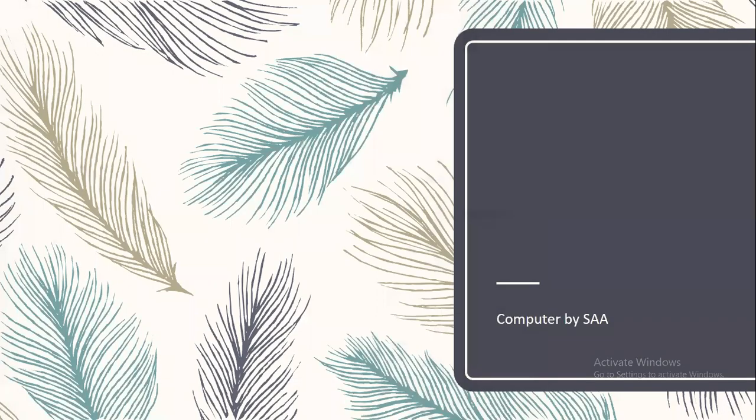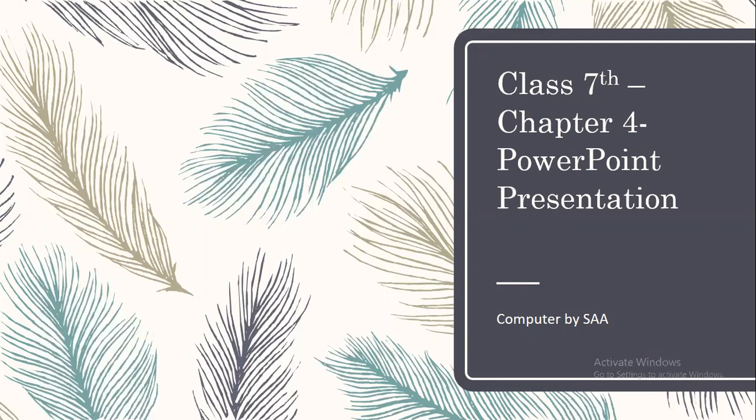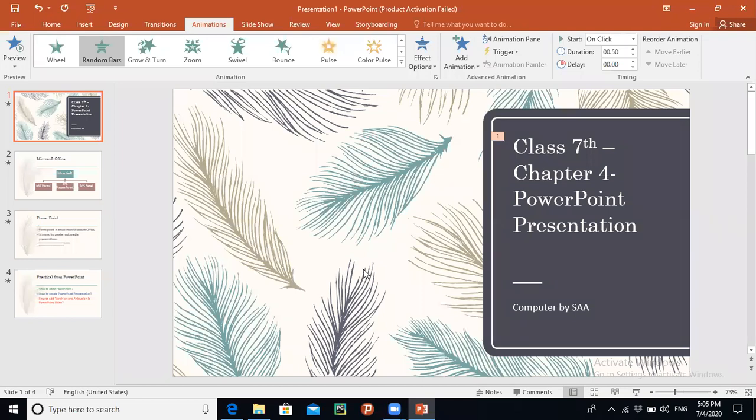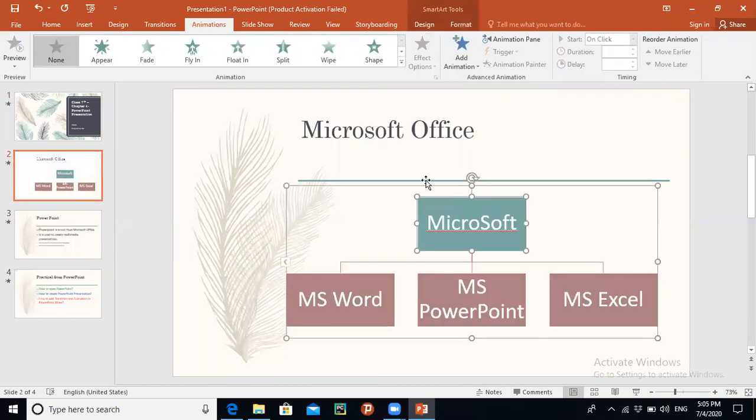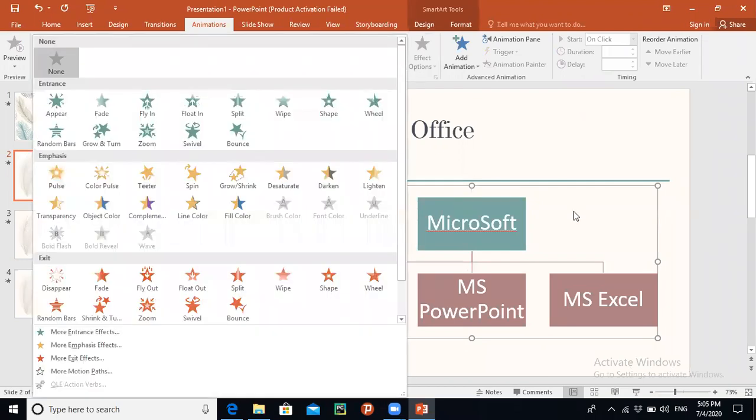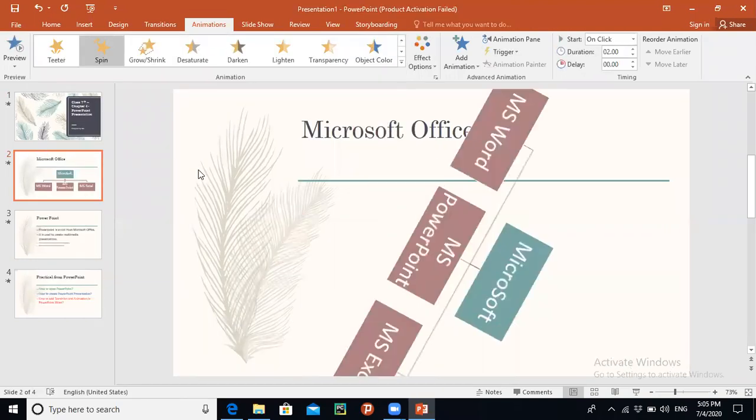So this is the transition. Now you can see there is no text written over here. So watch carefully how the text is coming. This is the animation. I have applied the animation, this bar style. Okay, now we are going to apply animations on our other slides. I'm going to apply animation on this smart art. Simply select the smart art and select any animation style which you want.